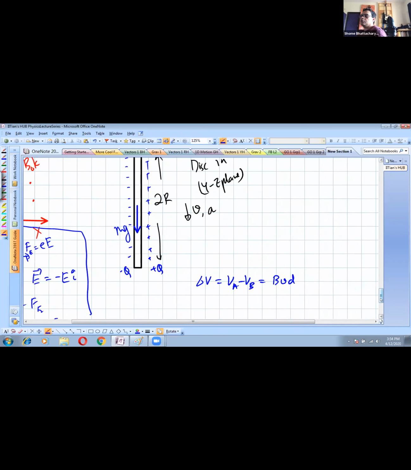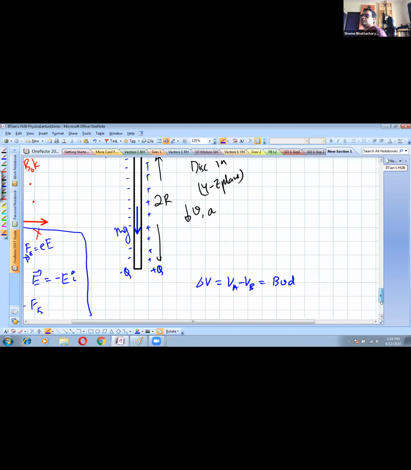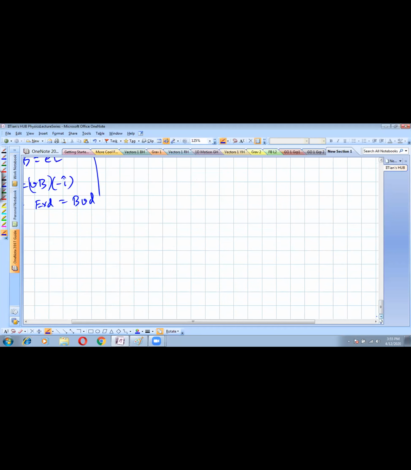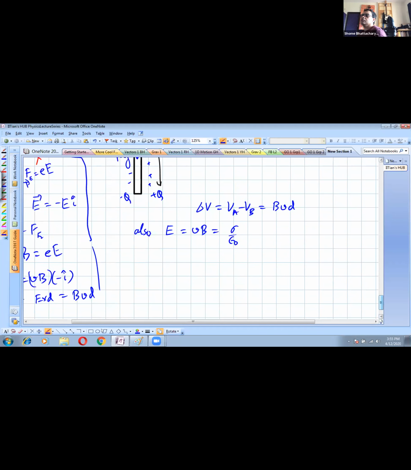Now the next thing is, we have to understand how much this electric field is in terms of charge. So the electric field, which was basically V into B, is also equal to what? Sigma upon epsilon naught. Just use Gauss's law over here. So if you take a Gaussian cylinder inside this metallic sheet kind of thing,